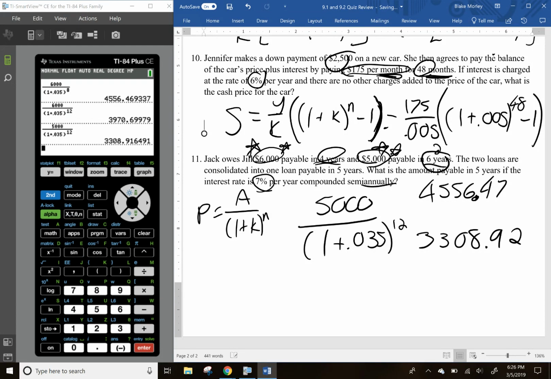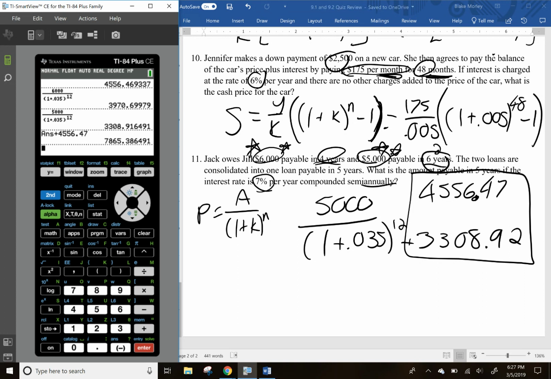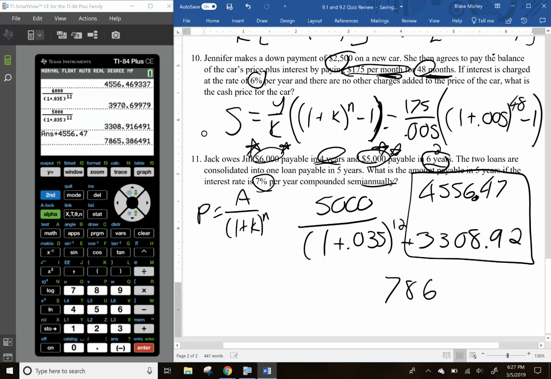$3,308.92. So this is the present value of the loan today. So this is what the loans are worth right now. So if you put them together, you add those two loans, then what they're both worth right now is $7,865.39. That's how much they're worth right now. Together, my loans are worth